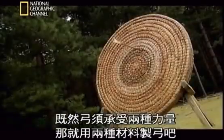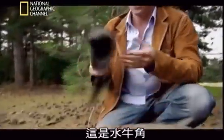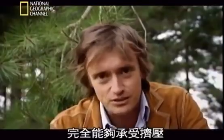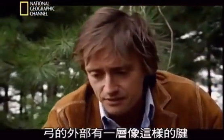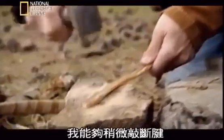If there are two different forces, use two different materials. This is horn, it's buffalo horn, sort of thing they would have used. Pieces of this, which is, I mean, it's very tough. It doesn't mind being squashed. It can cope with that very well. And then on the outside of that is a layer of sinew, like this, which is happy being stretched. And in fact, I can break it down a bit and we can...